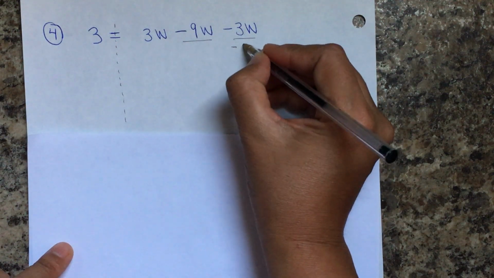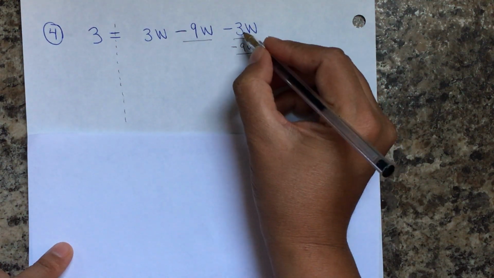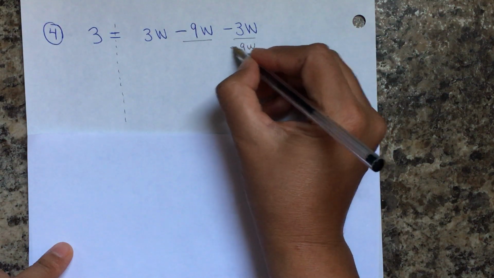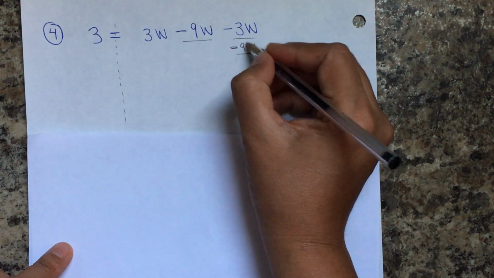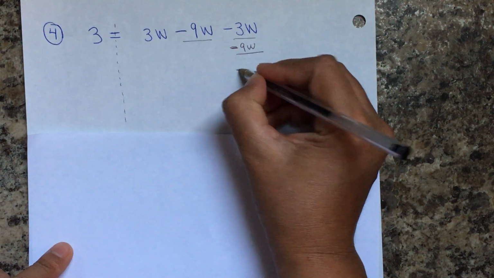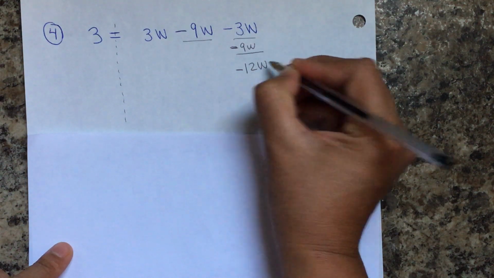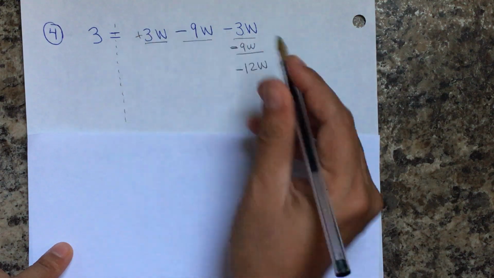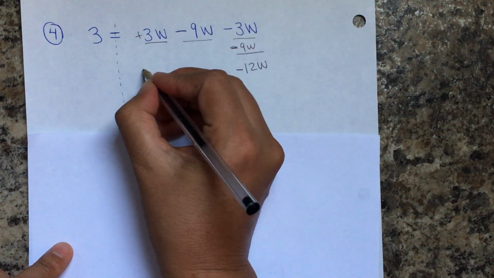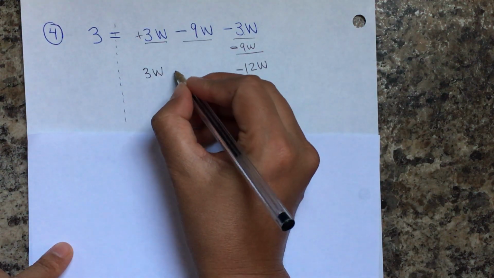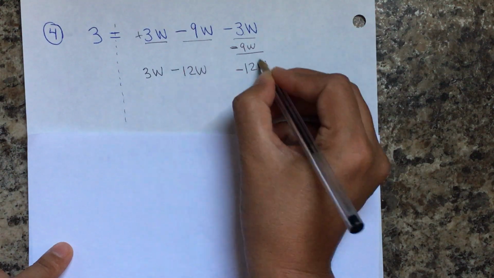So I'm going to put the negative 9w here. And we get 9. Remember, same sign, we add and keep the sign of the greater. So negative 9, 10, 11, 12, negative 12w, and this is positive, so now we have the 3w and negative 12w, right, that came from here,